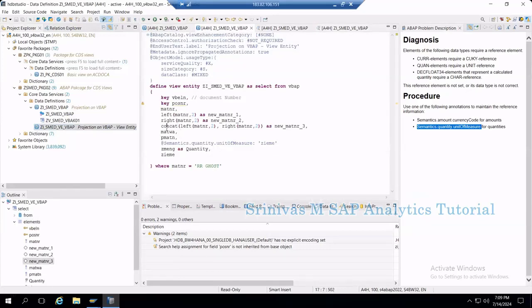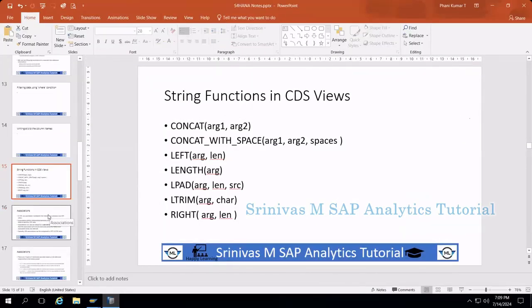What are string functions? String functions are functions that operate on strings. Strings are nothing but alphanumeric data. So these are string functions. We have many like this and we will learn a few more in coming sessions. And the next topic is